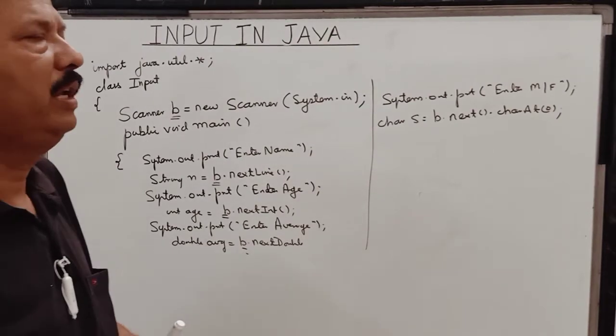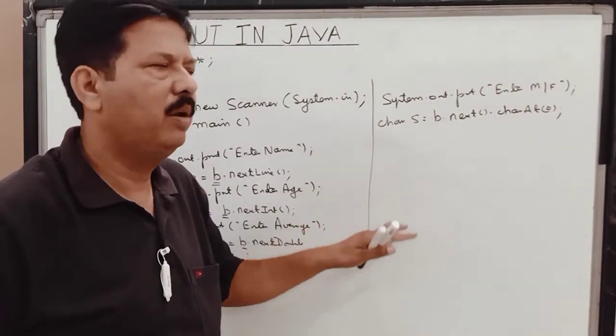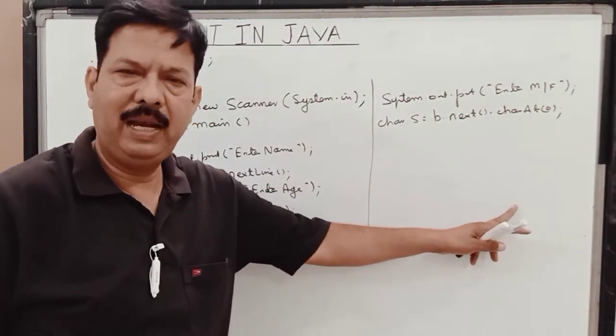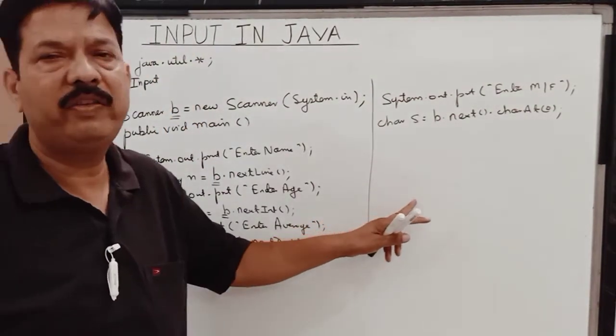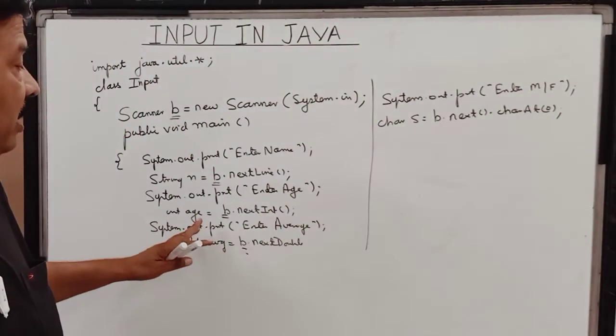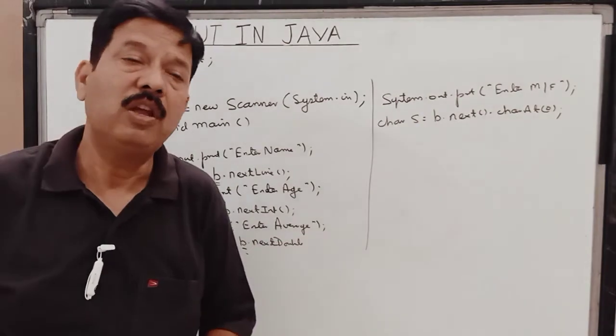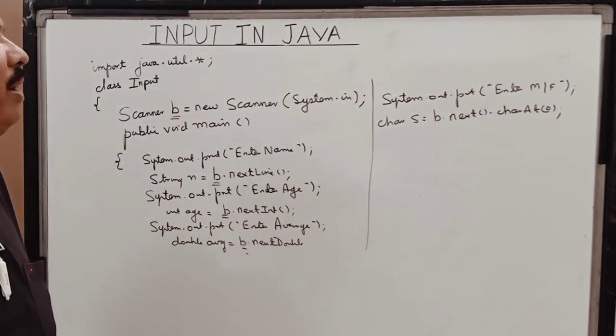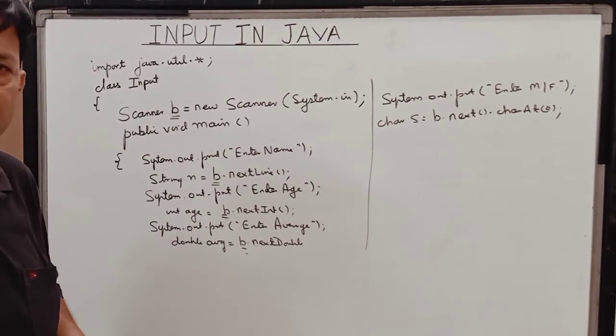You can do any processing part over here. You can print. You want to print the name, you will say System.out.println name, and you want to print the average, you will say System.out.println avg. You want to print this age, you can print this age. So children, this is the way to enter, and when we do a few programs in it, we are going to learn it much better.